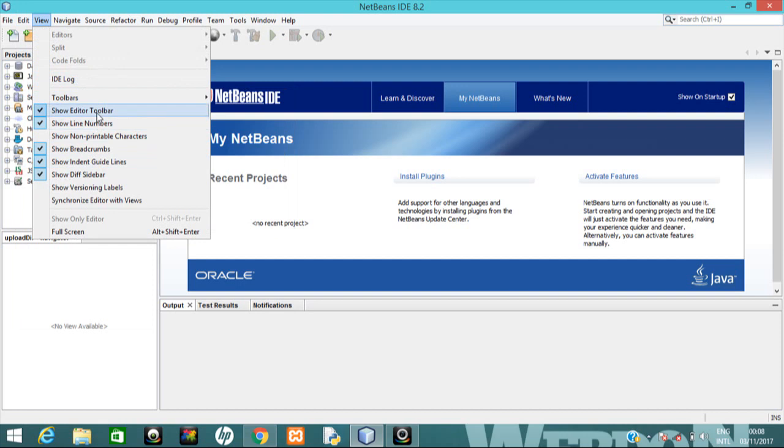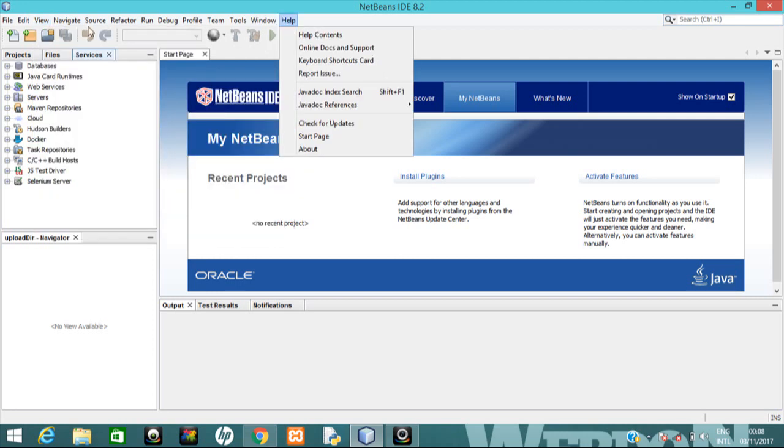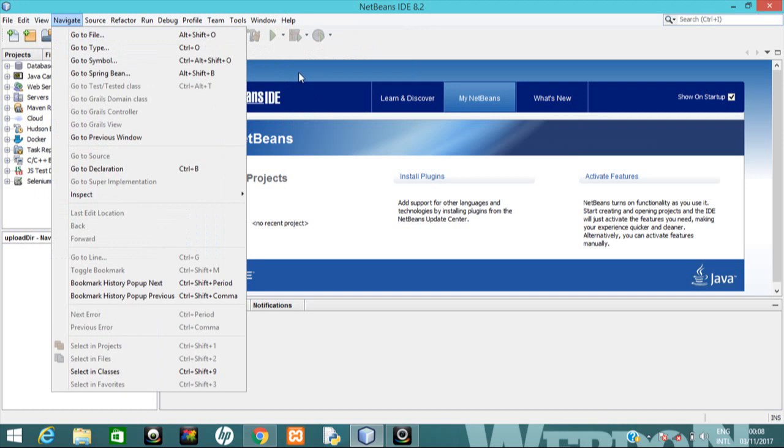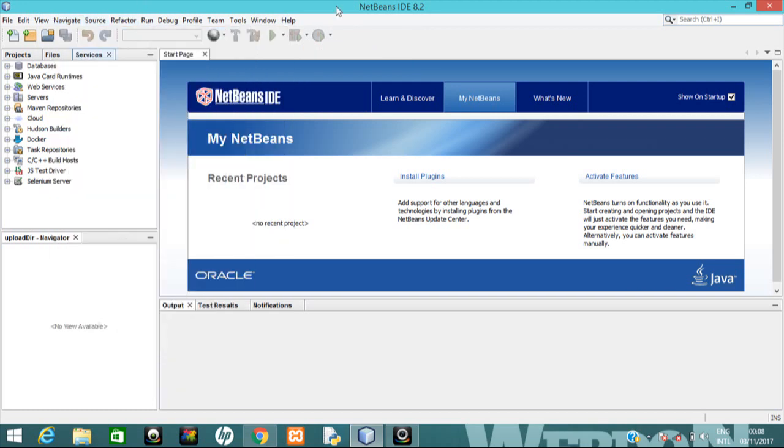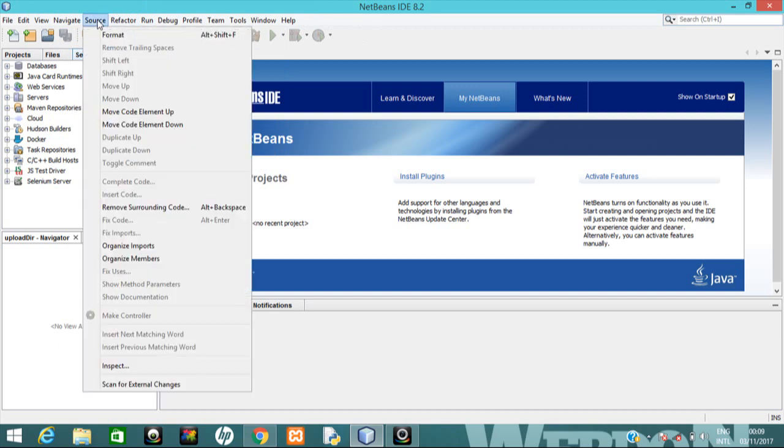If you can see on this aspect, you see show editor tools bar, which is all this area. This is the editor's tools bar. I'm just going to open a project. Let me just go through, and then the source area is where you generate format. I think this will best explain itself when we have a project running, and I'll be using all of these functionalities